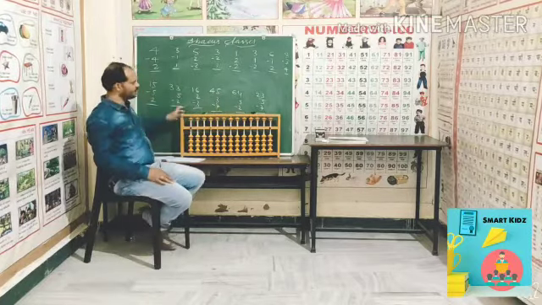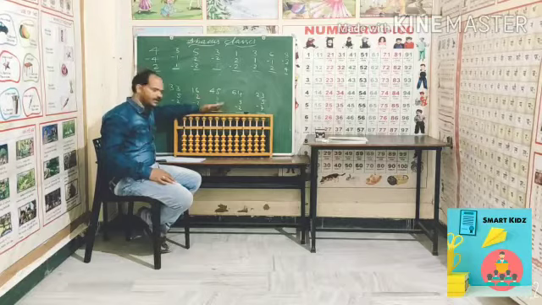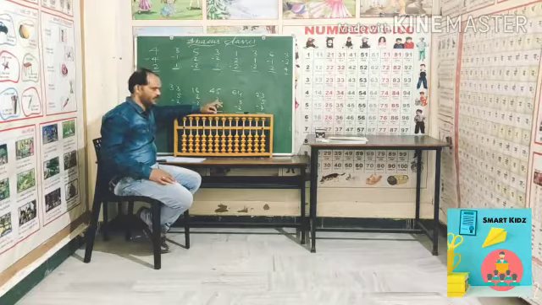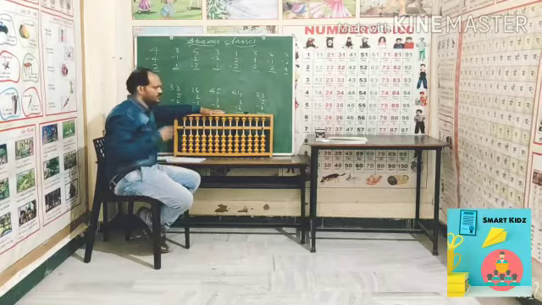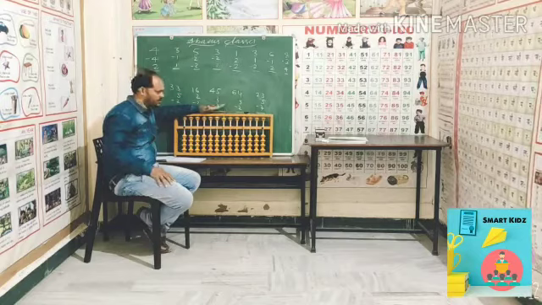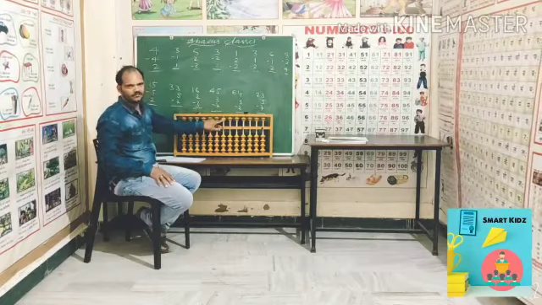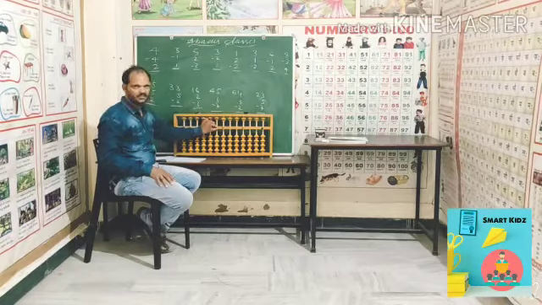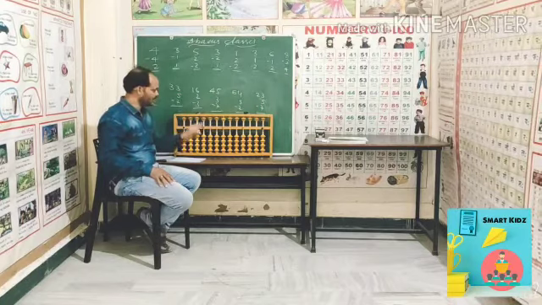So we are starting again in a new process. Today, once again, I am going to explain this tool. This is an abacus tool, which is a frame of wooden sticks, and you can see some rods here. There are different types of rod tools available in the market. This is a 13 rod tool. You can see on the tool one bead up and four beads down, and in the middle there is a stick. The bead which touches this stick is the answer, and I already explained that.